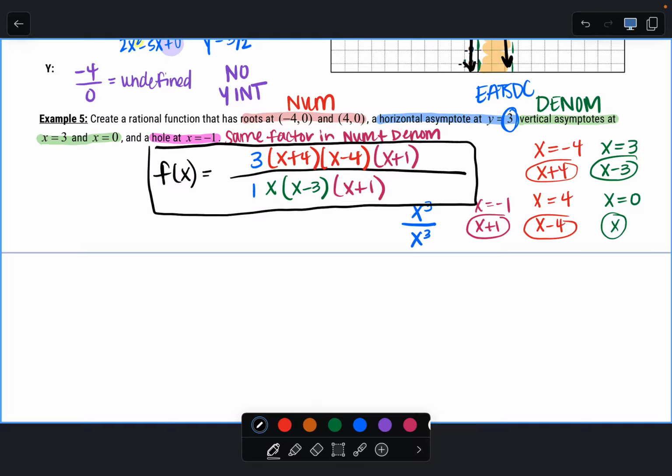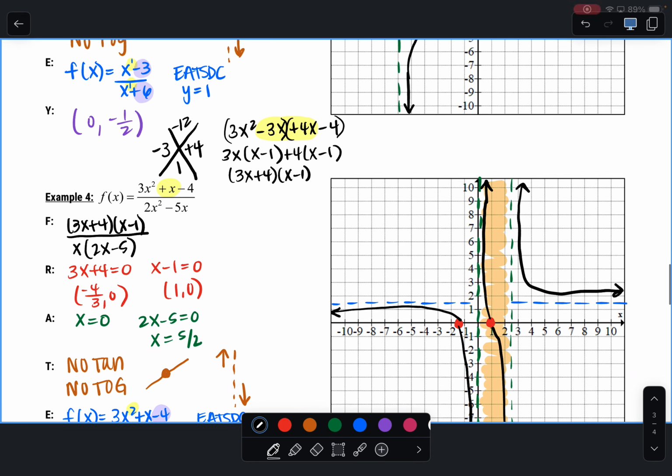You do not have to multiply these out. Please, please, please do not multiply them out. Leave them in factored form. Do not waste your time. That is it. Okay, I'm going to give you your practice